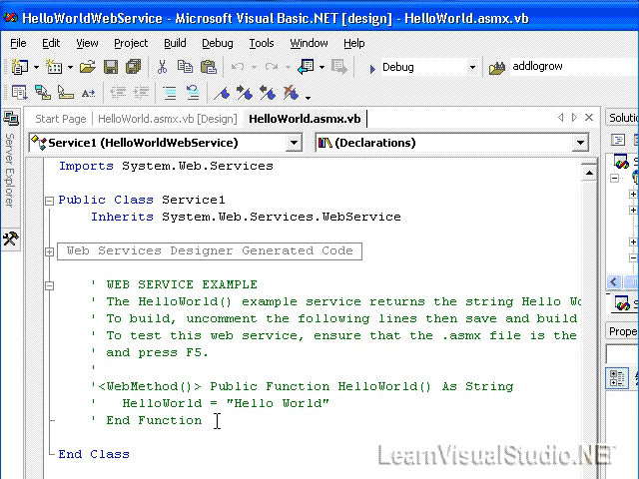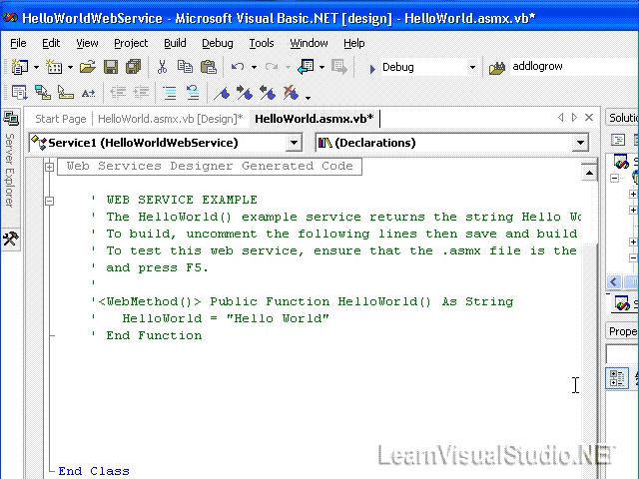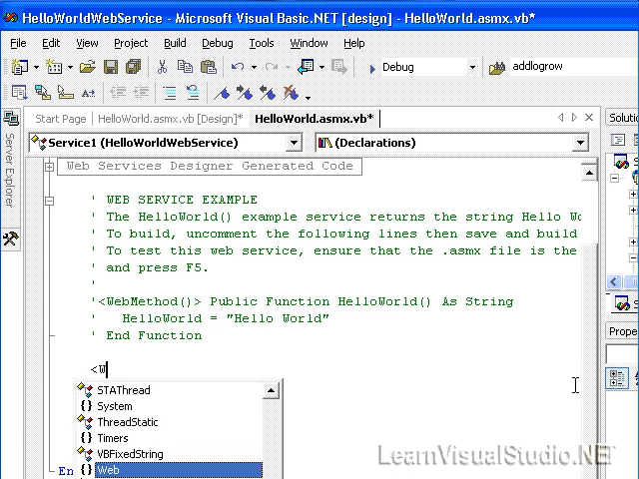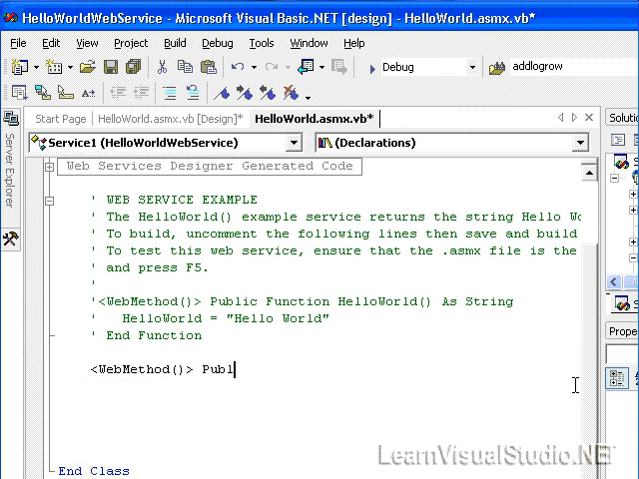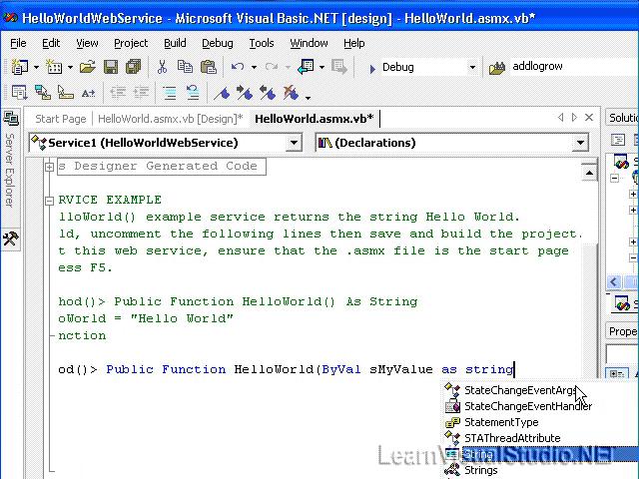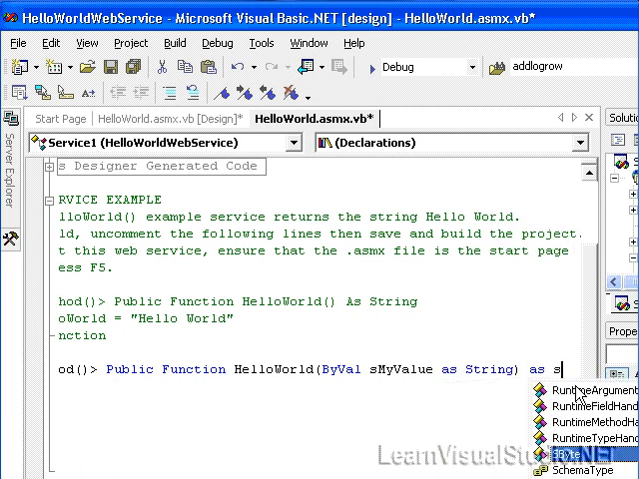Instead of using the web service that's provided for us, the Hello World web service, I'm going to leave it commented out and create my own. To do this, I'm going to type in the following code. I'm going to add a web method attribute, and I'm going to add public function HelloWorld, but mine is going to be a little bit different. I'm going to add a ByVal value as string, and then my web service is going to return